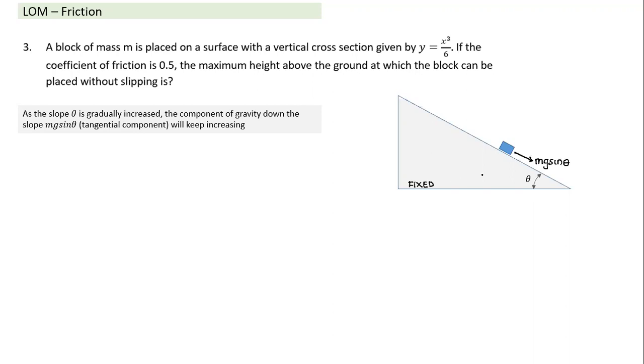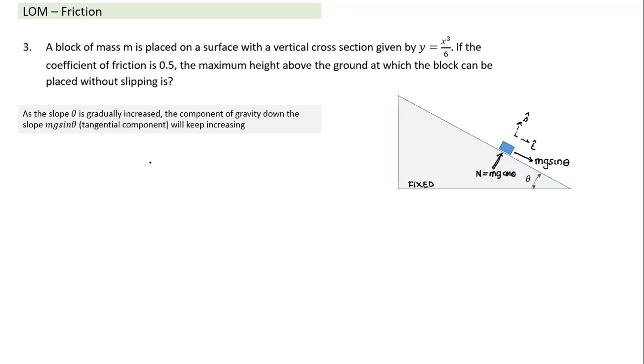As I mentioned here, as long as we're talking about frictional force, we are concerned about which direction. This is my normal direction, and this is the tangential direction. Since the normal component of acceleration is zero, because the surface also has zero acceleration, that gives you the value of the normal force. So normal reaction is equal to mg cos theta.